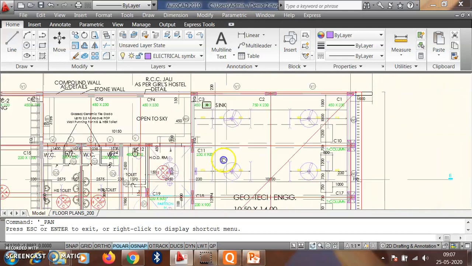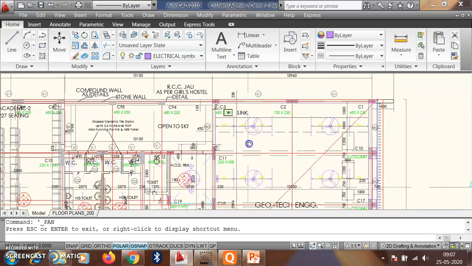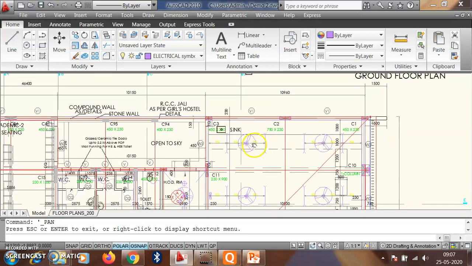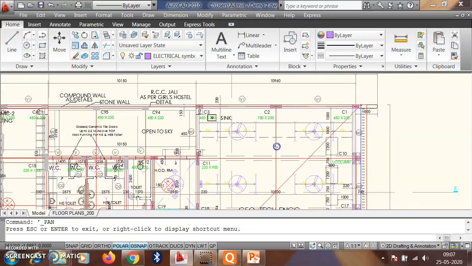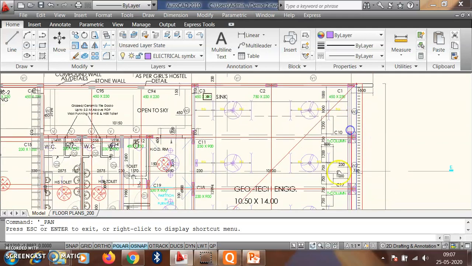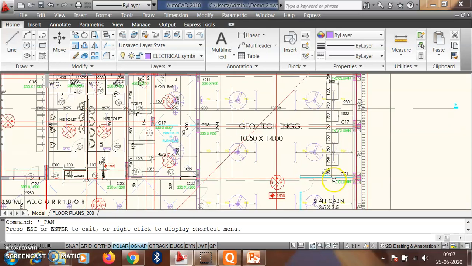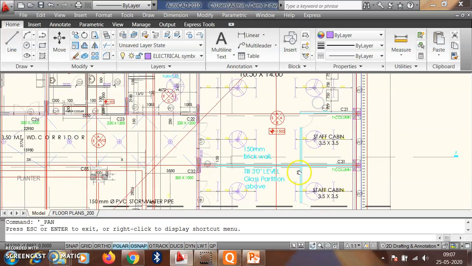And if we look again here, we get the electrical fittings. These are the locations of fans. So these are the electrical components shown in this drawing. Then windows are shown on this side, W2.